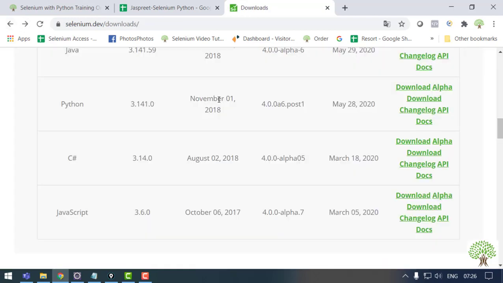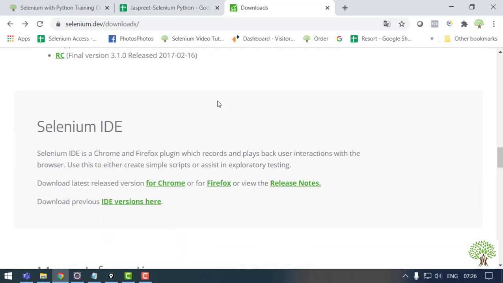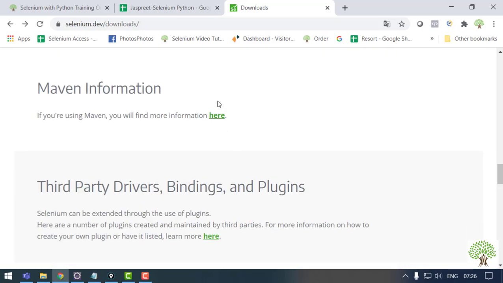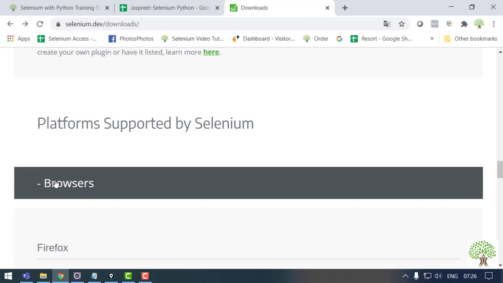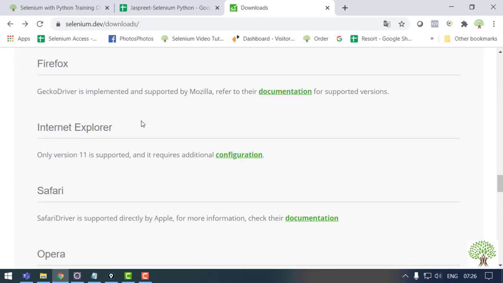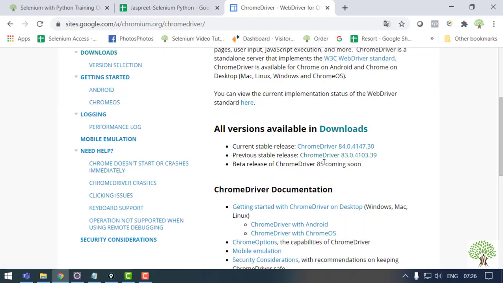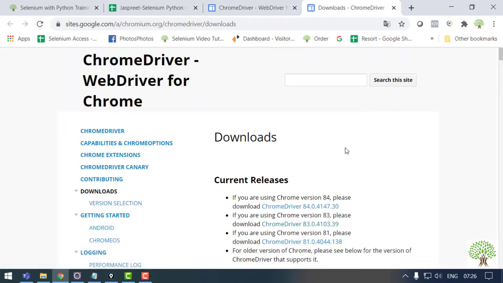Now talking about Chrome, how to get the exe. Go back to the official website of Selenium, and over here, if you scroll down on the downloads page, you will get a section of browsers. In this section, you will be getting the exes of all the browsers that you want. Talking about Chrome, just go to this documentation and the downloads. Okay.